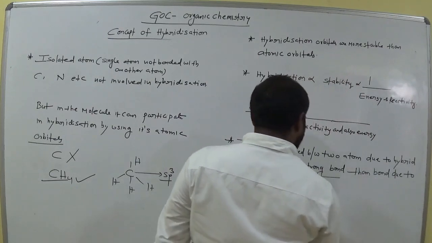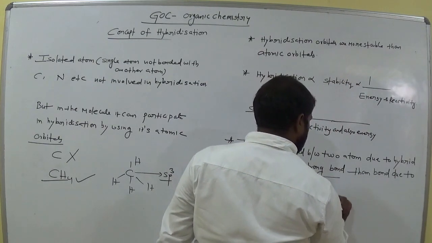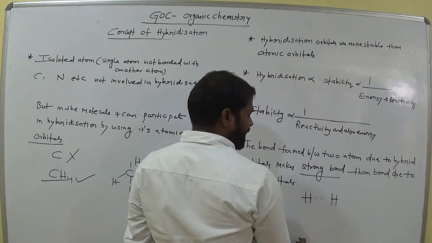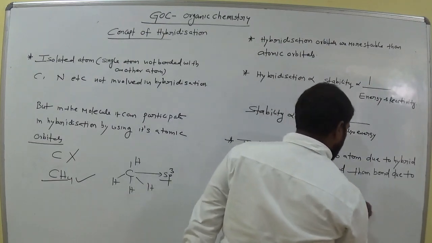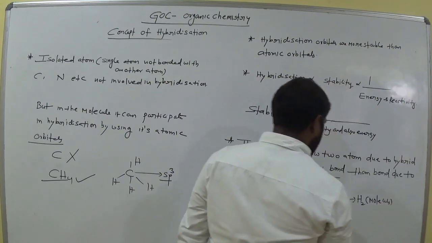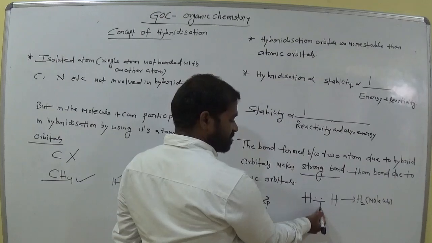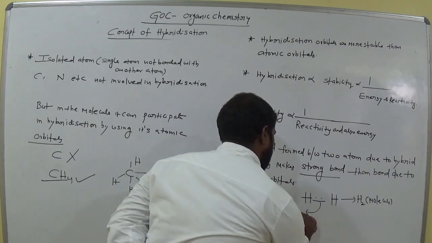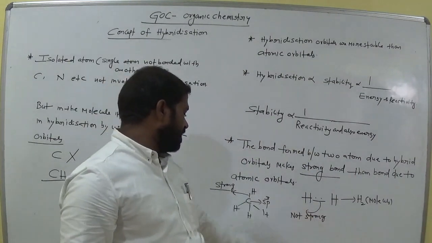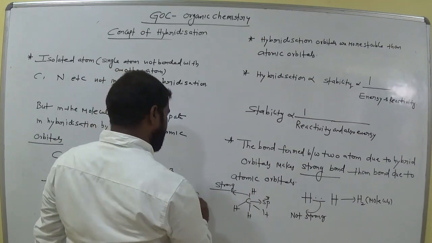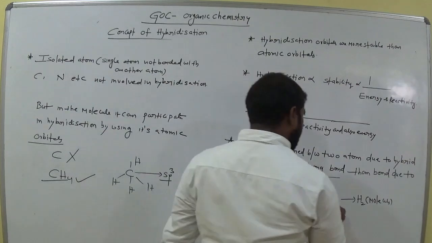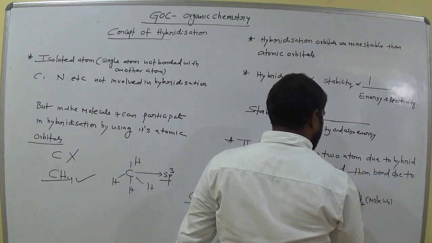For example, the bond between hydrogen and hydrogen. This hydrogen gives one electron, this hydrogen offers one electron. There is no hybridization. It gives an H2 molecule. Now this bond is not as strong compared with this bond. Why? Because both are covalent bonds. Which bond is it? Due to the hybridization here, which bond takes place? Covalent bond, so a very strong bond. Here it is also a covalent bond. This one is also a covalent bond.